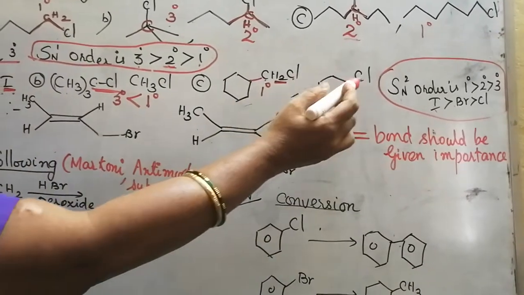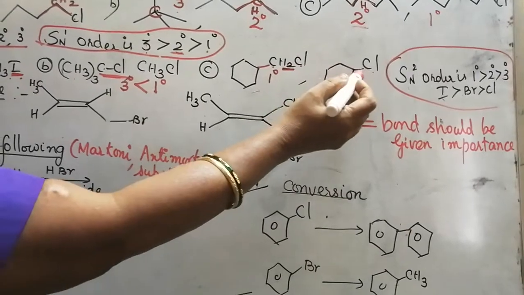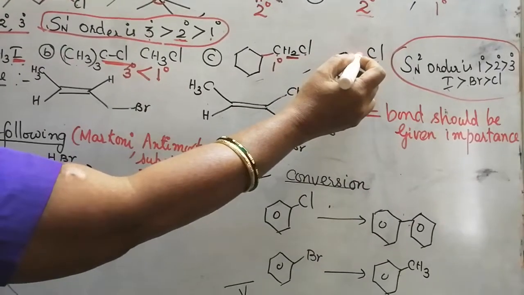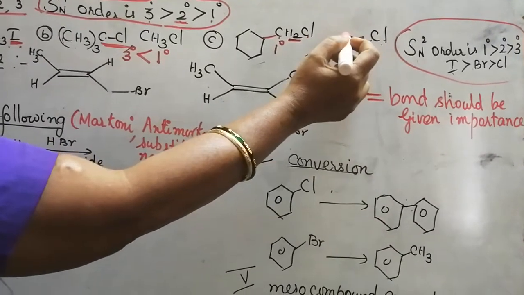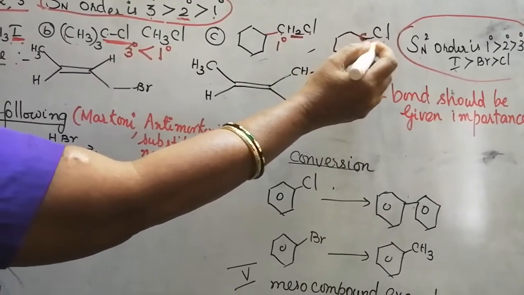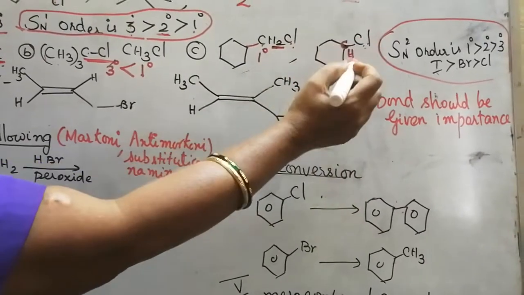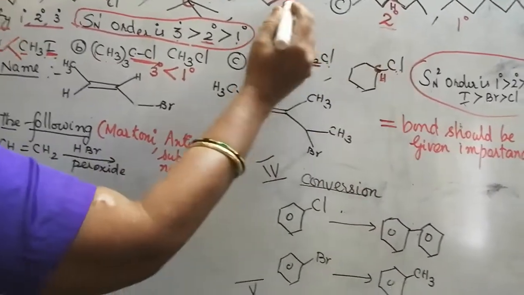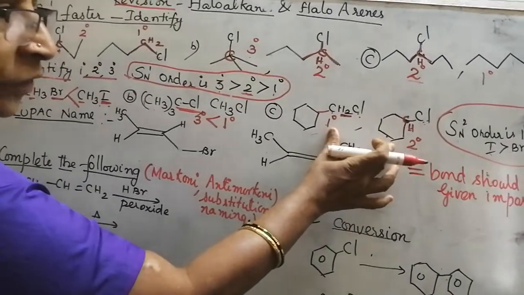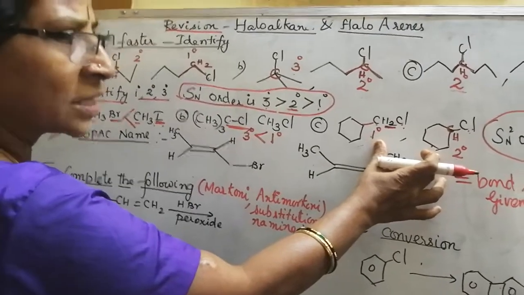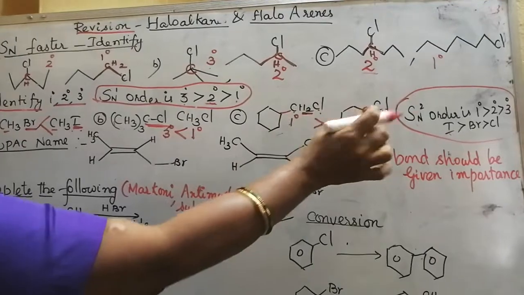Now see this cycloalkane. It is not benzene. It is cycloalkane. Here this carbon is attached directly with the Cl, and two sides with other carbon atoms. So it will be CHCl. Here CH2Cl, here CHCl. CHCl, as I already told, will be secondary. So a primary and a secondary compound. Out of these two compounds, which will undergo SN2 faster? SN2 means primary. So you have to remember these orders.